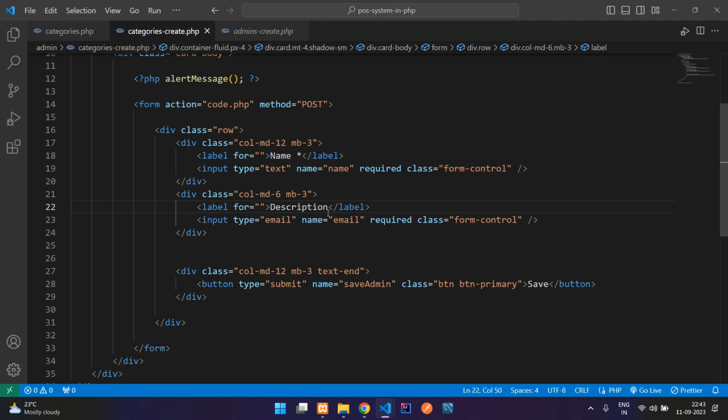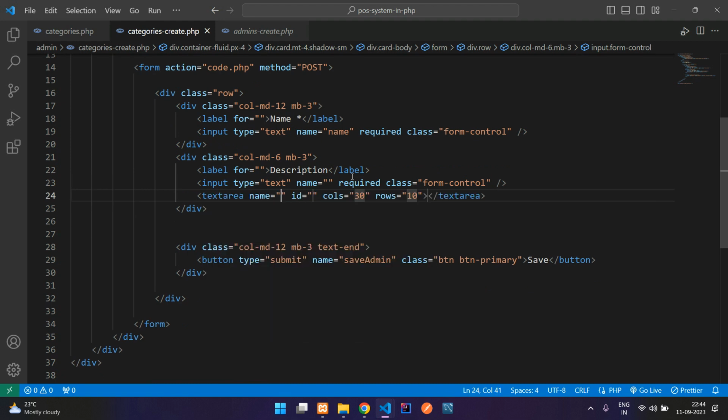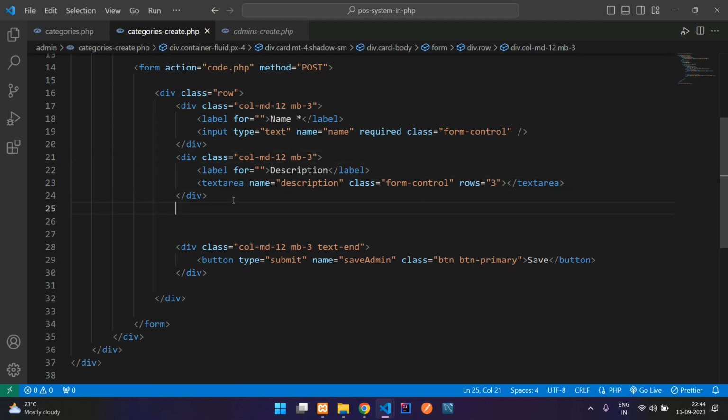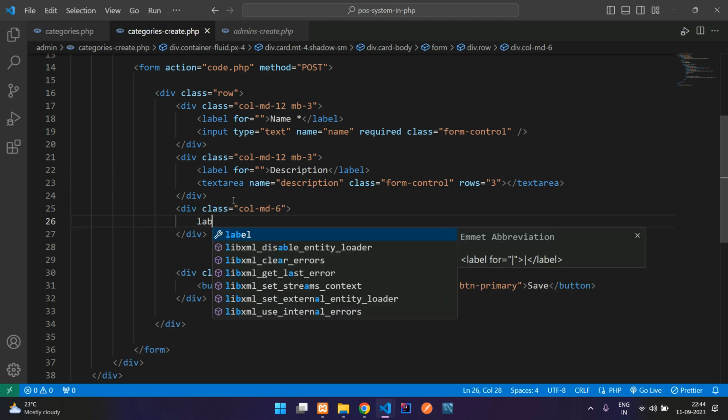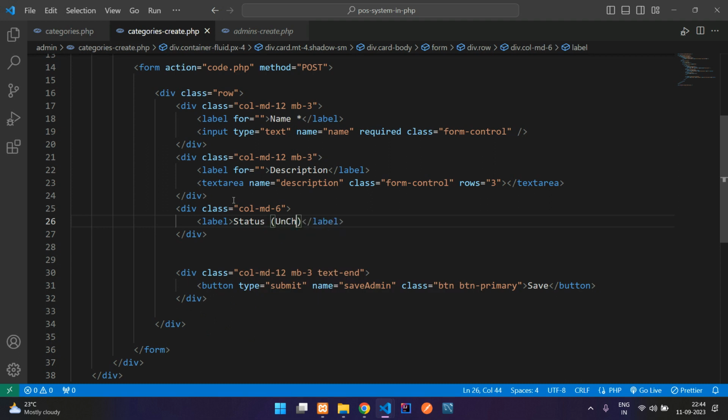So now guys, yep, let's move back to our editor, description, and here text, name attribute description. And guys, I don't want to keep this in an input box, instead I want to keep it in a text area. So you can add that text area, name attribute description, and just Control X this form and paste here. You can remove this text area, and number of rows is 3, and make this column full width. And now column MD6, add a label here and remove this for status: unchecked equal to visible, checked equal